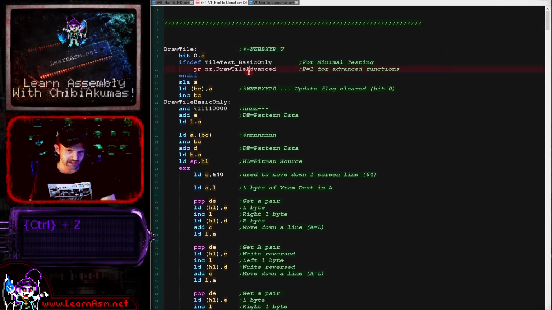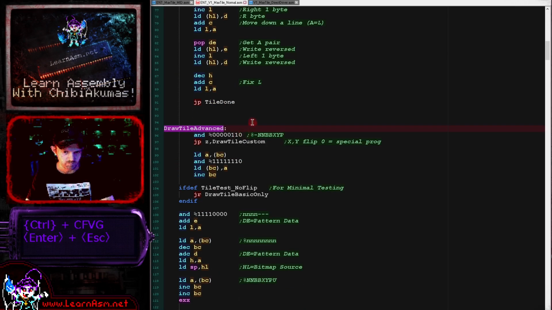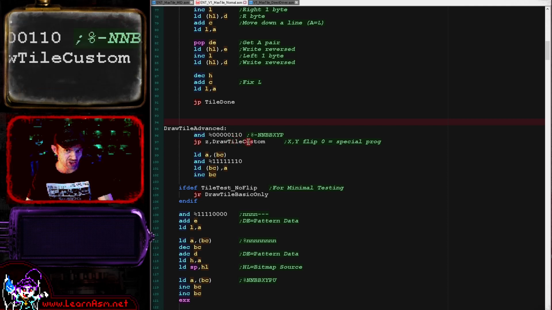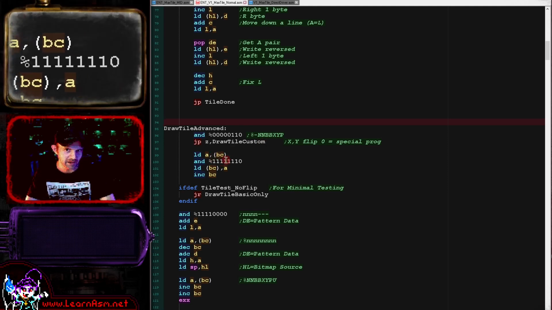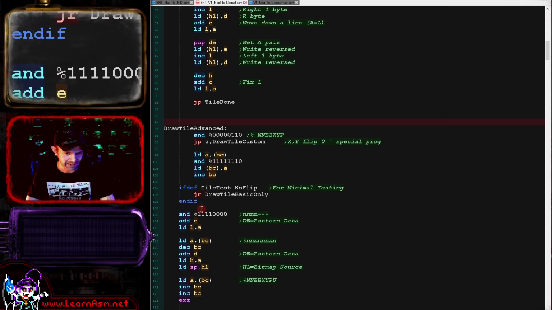Now in the case of the advanced version here, there's more going on than just the most basic tile, so we need to decide what to do. Now if the X and Y flip bits are 0, then this is known as a custom tile, which is a super special kind. Otherwise this is some kind of flip, and so it's just simply a case of deciding what flip. So we are here clearing the update bit,